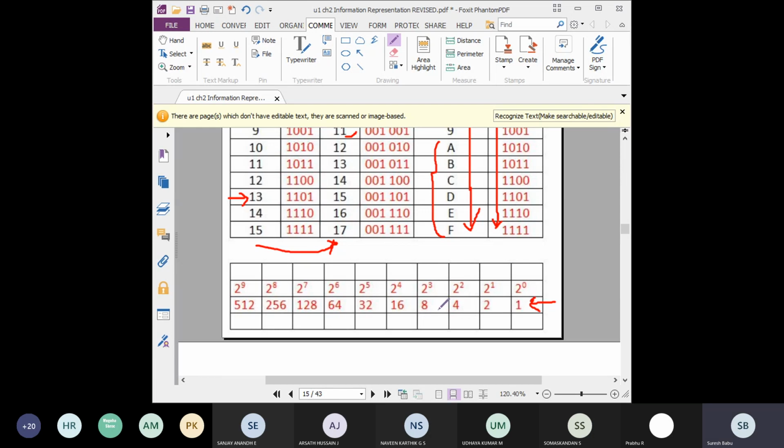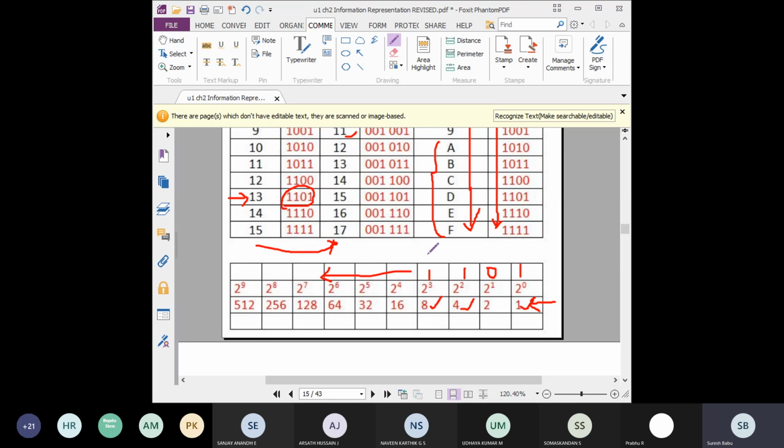What are the columns where we should add 1? What are the columns where we should add 0? So here 8, 4, 2, 1. If you want to get 13, the only possibility is to add 8 plus 4, 12, 12 plus 1, 13. So for these three you put 1, 1, 1. Then the remaining will be 0, all the remaining are 0. No need for the left side values, there is no meaning. So see, 1101. Exactly you will get